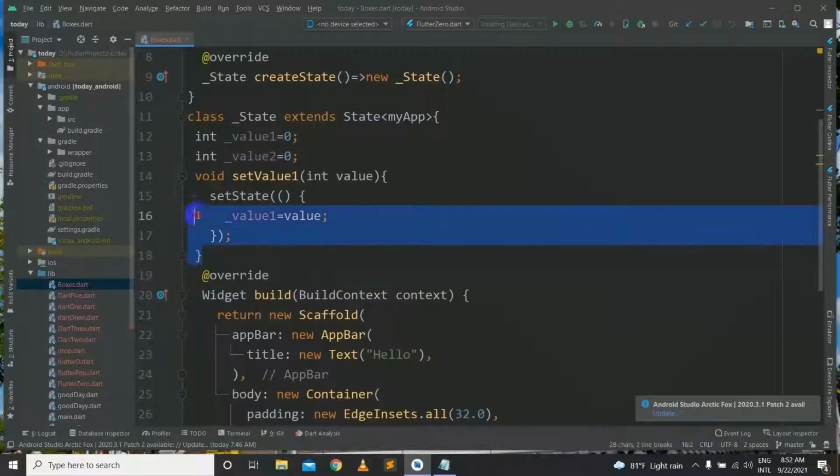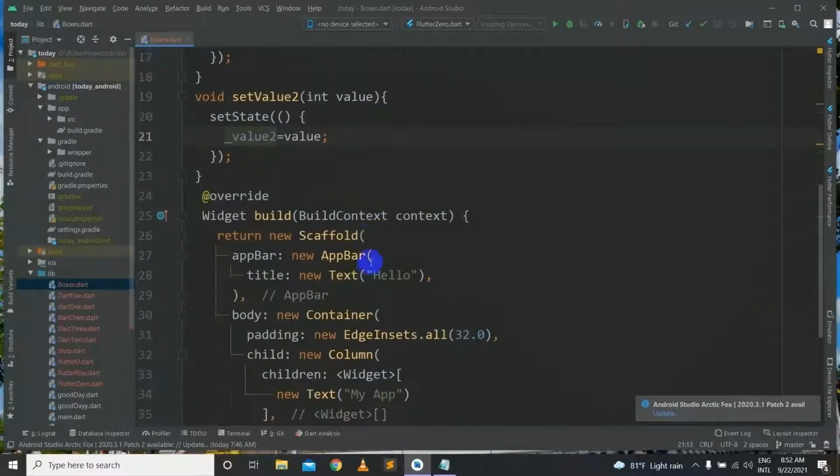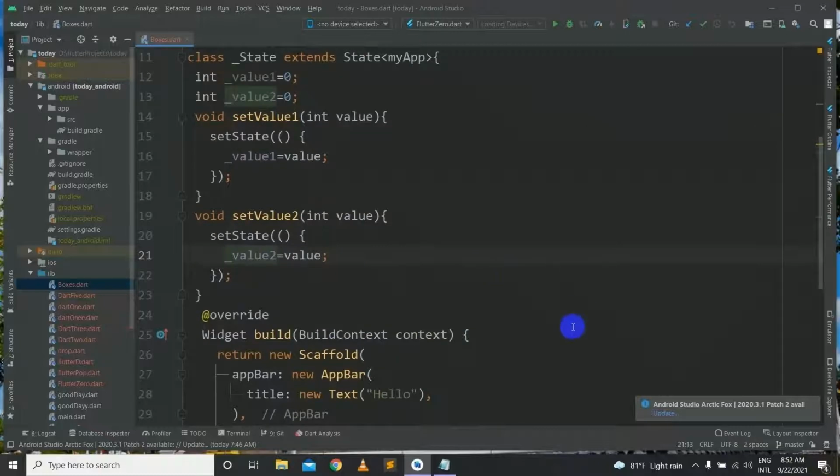We will make another method by copying this. We copy this and paste it here and name it setValue2 with int value, and we will assign value to _value2 inside the setState of our application.